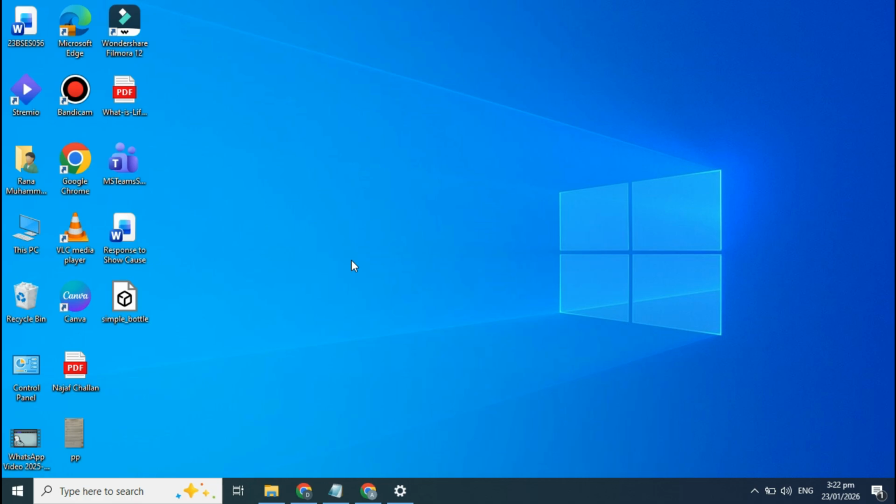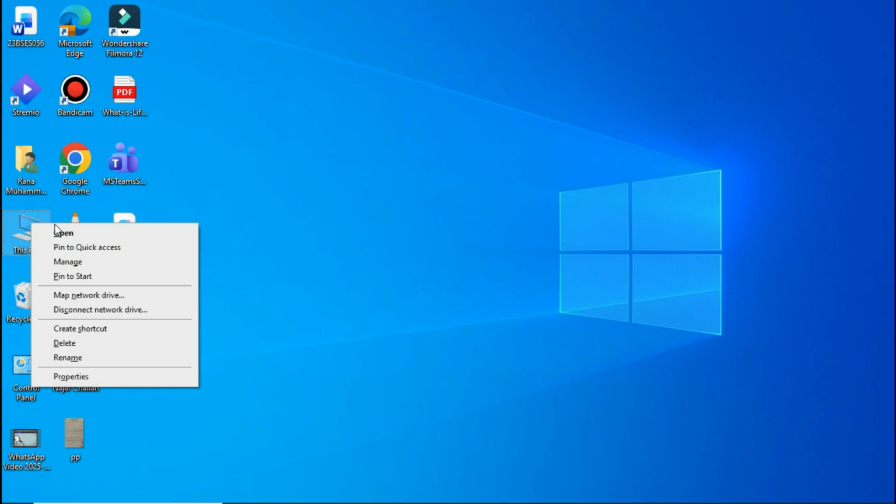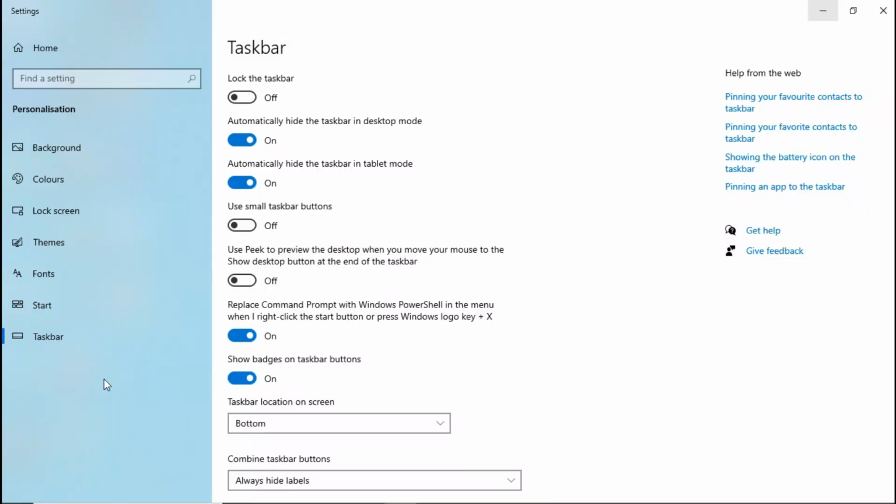First, make sure your Lenovo laptop is turned on and you're on the Windows desktop. Once you're there, move your mouse to the desktop or open File Explorer and look for the option called This PC. When you see it, right-click on This PC to open a small menu. From that menu, click on Properties. Make sure you follow along carefully so you don't miss any details, because this section shows important information about your